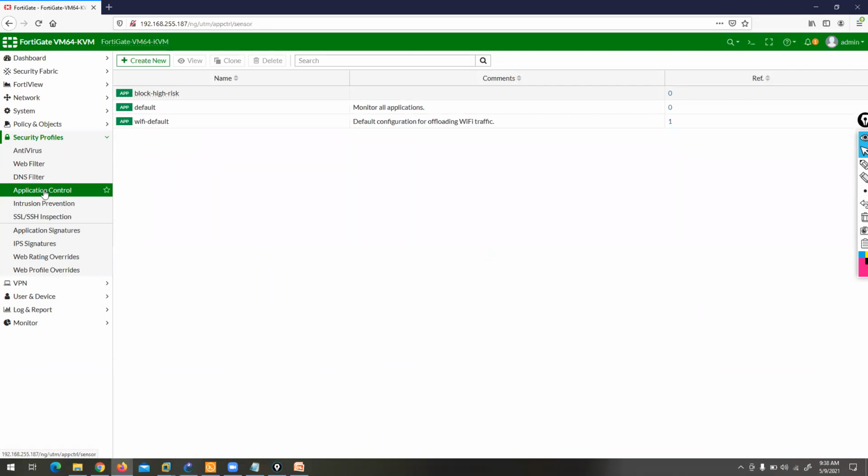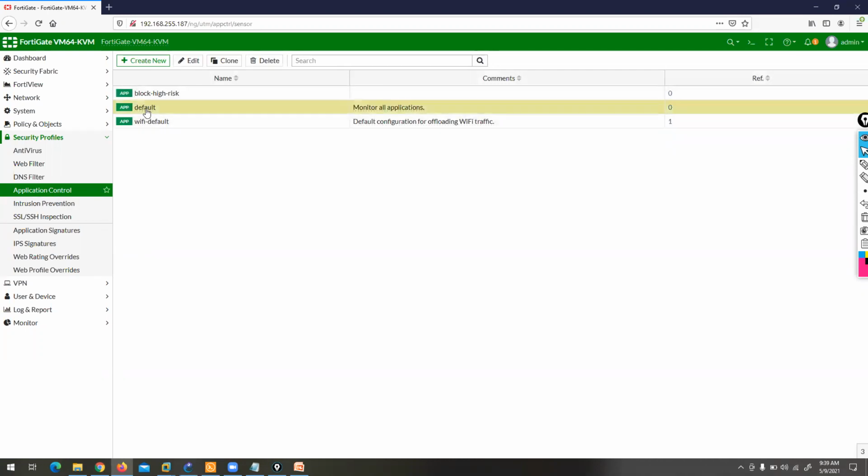In the profile, you can define which application you want to allow, which application you want to block, or which category of application you want to allow. For example, I want to block all gaming applications. I don't know how many gaming applications are in the market right now, but if I have a signature in my firewall, yes, the firewall can detect it and block it. I can show you the database also. But see, if you click on application control, we have a default rule.